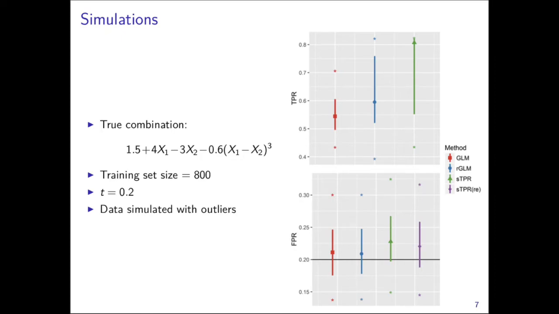And so we compare our method to logistic regression, which is the GLM, and robust logistic regression, which is in the blue, which is supposed to be robust to high influence points. And we see that our method offers gains in the true positive rate. And then looking at the false positive rate results, we have two results for our method, the STPR method, in green and purple. So the green is with a threshold estimated by our method, that delta tilde sub t, and then the purple is with it re-estimated based on the fitted combination. So the distinction between those is really minor and not of huge concern here. But the point is that our method did a fairly good job, particularly when we re-estimated the threshold, the purple, of constraining the false positive rate at the desired value of 0.2.